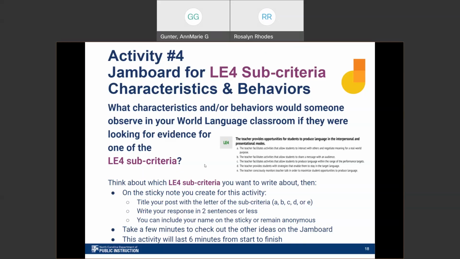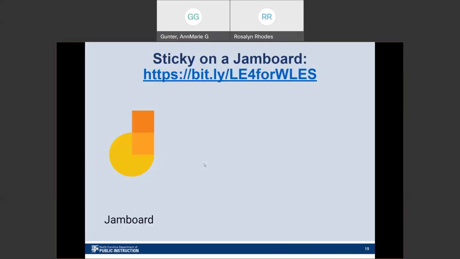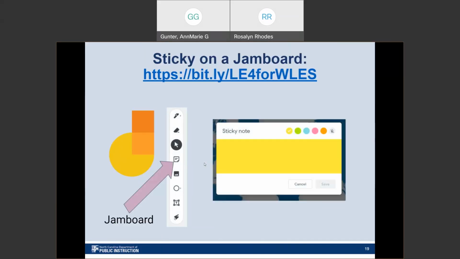It's one of the Google tools, just like a Google Doc is or a Google Spreadsheet. And the way it works is, if you're on the Jamboard especially, you can see that there's a little control panel usually on the left side. To put a sticky, you just click on the little sticky note on the control panel. That opens it up for you right here on the screen. You can change the color of your sticky note. You saw there were different colors already on the Jamboard with yellow, green, blue, pink, and orange. You write your response there on the sticky note, and then you hit save, and that posts your sticky note.